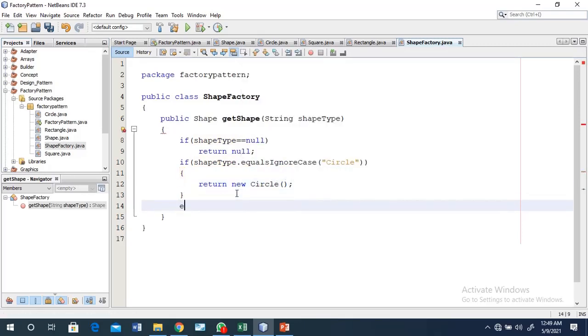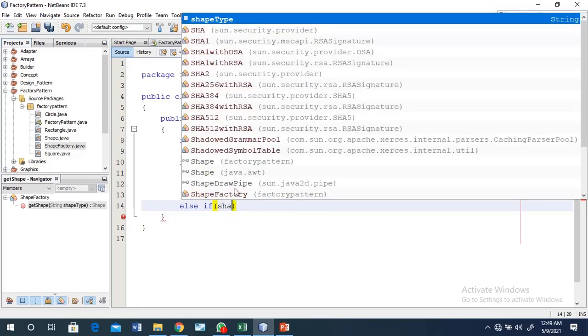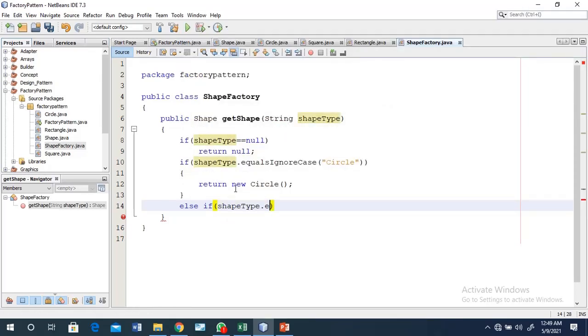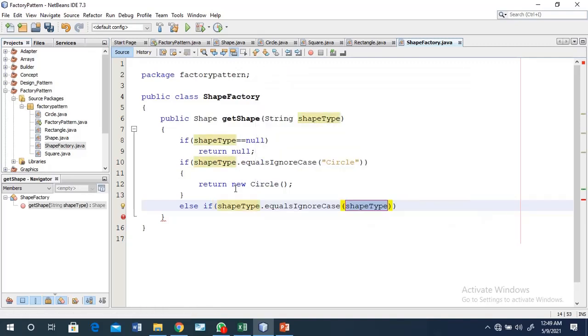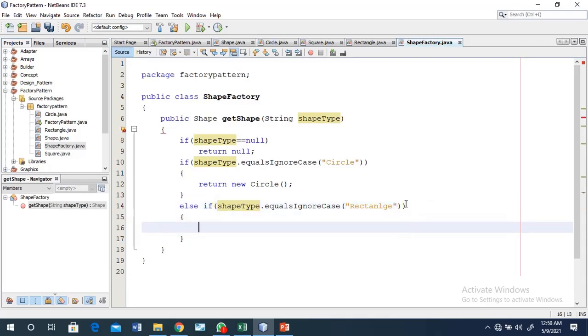Then after that, else if. We use else if again to check a different type of shapeType dot equalsIgnoreCase rectangle.